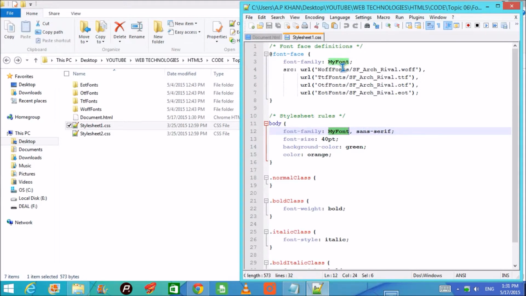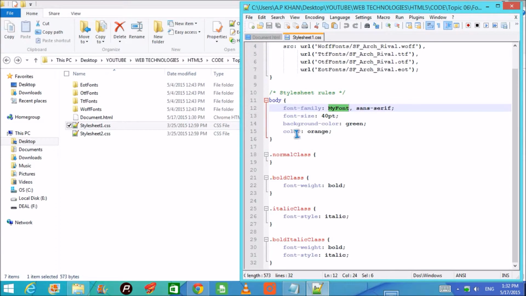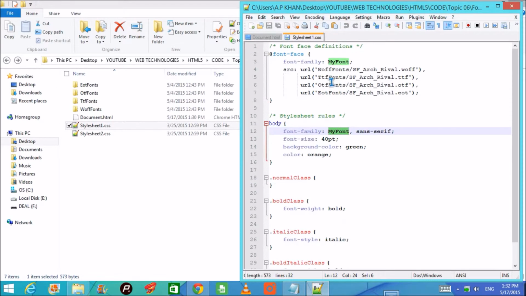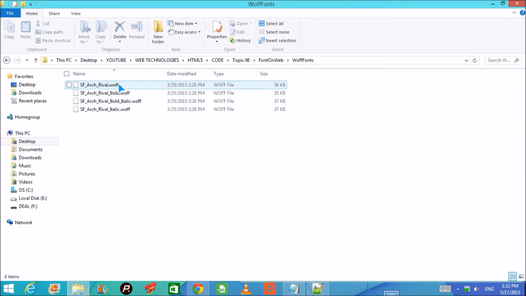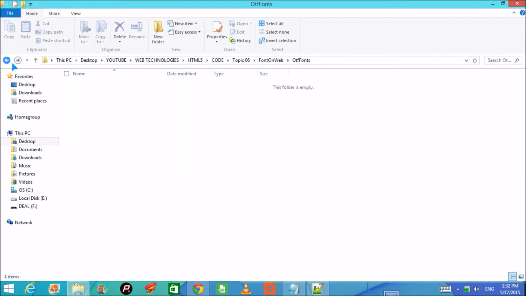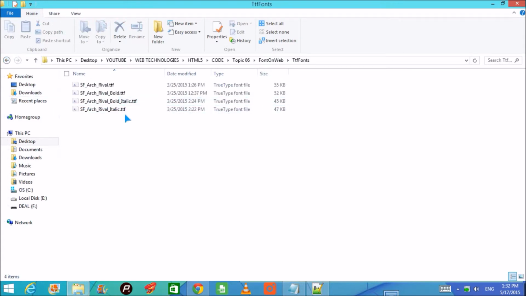This has been reiterated here, or copied here, because earlier you might have seen that we used to give some font name like Arial or sans-serif and some italic. If it is not there, then sans-serif will take over. And these are the colors and all things, you know it very well. So this is the whole idea, how we accept and show the font via this. Every folder has 4 types of different fonts, meaning normal, bold, italic, bold italic. Same is with OTF, same is EOT, and nonetheless same for TTF.